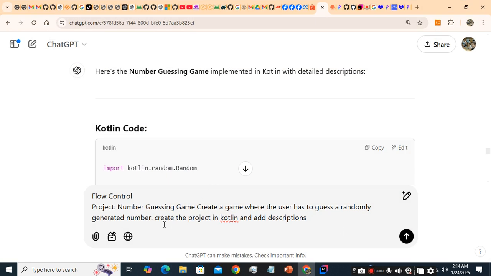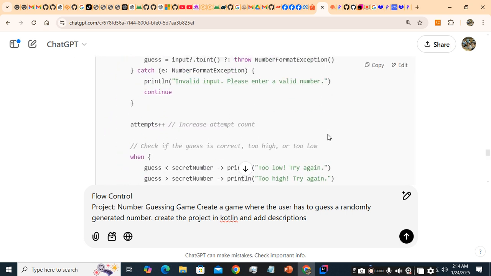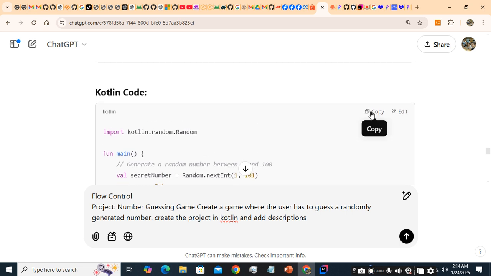Then upon pasting, let's add a statement that ChatGPT should create it using the Kotlin programming language, and might as well add some descriptions to help us navigate through the code. Now, it will generate this Kotlin code, and all we need to do is copy this code and paste